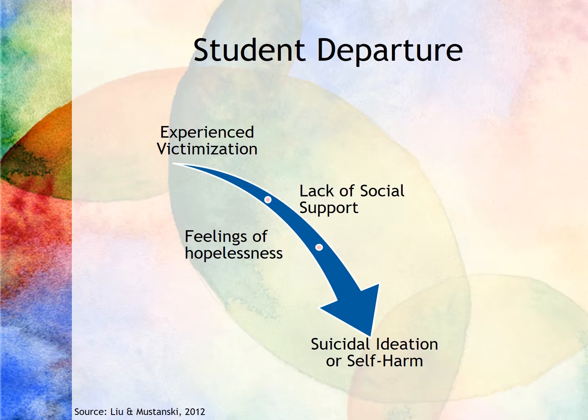If they lack that social support, they start feeling hopeless. If they feel hopeless, they tend to leave. And as Mary pointed out, it's higher among our trans and queer spectrum students. But students don't just leave in that most egregious way. They also leave maybe a student organization, or they might leave an athletic team, or they might leave the institution, or unfortunately might leave altogether. So there is research outside of the work we're doing in this project to support some of the things that my colleagues have talked about.